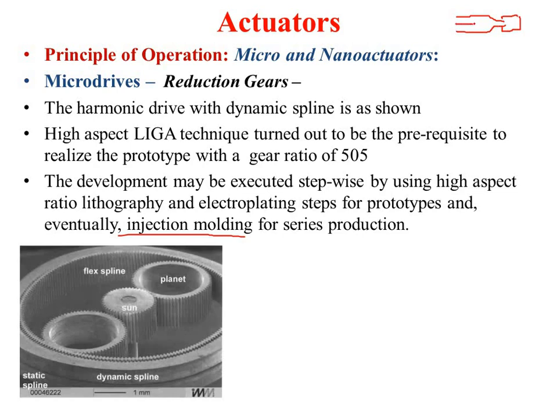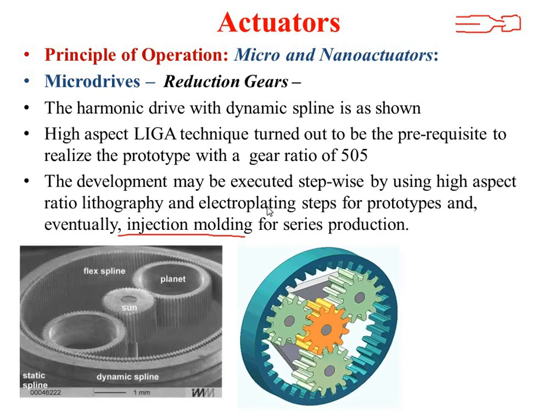So it will get injected in this one, and the molten plastic will move in that mold. It will take the shape of the mold, and it will be cooled down, and it will be taken out by force. So that is called injection molding. If you get a chance to visit any plastic industry, you will see such kind of injection molding type of series production mechanisms. So you can see such kind of production also.